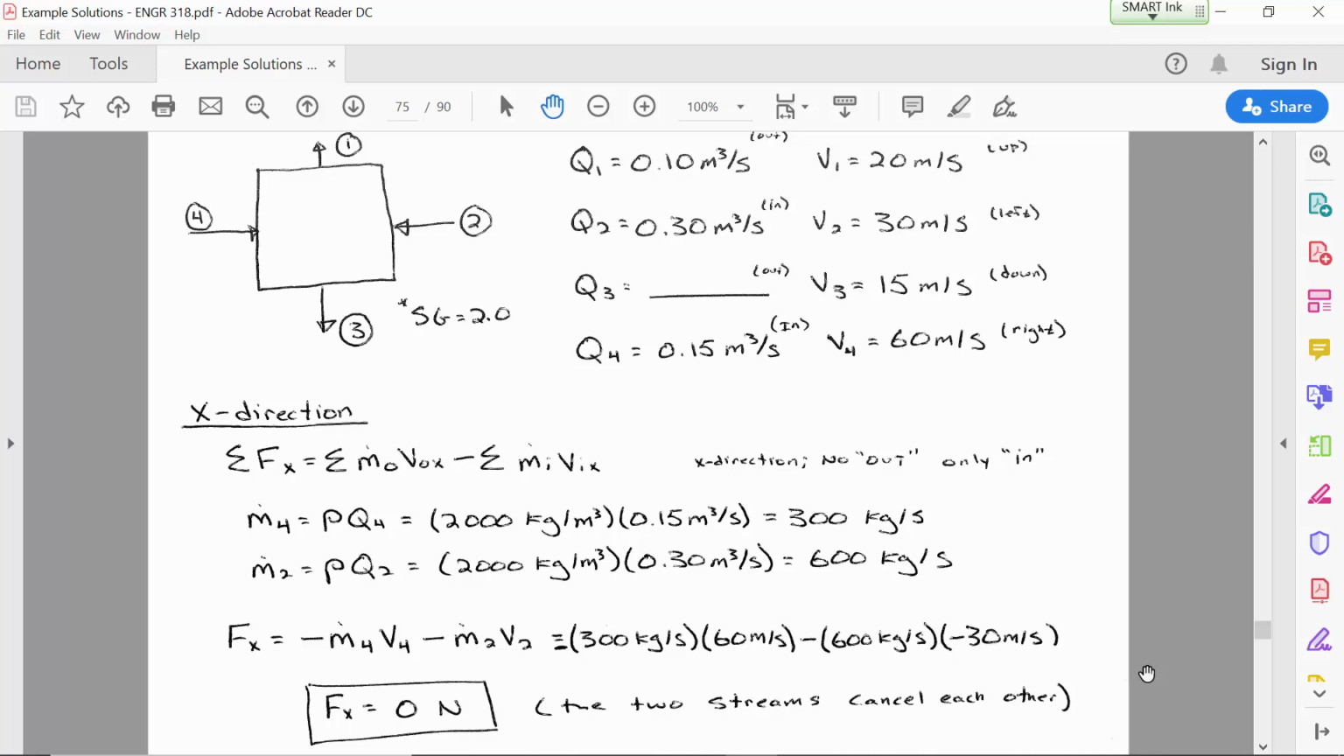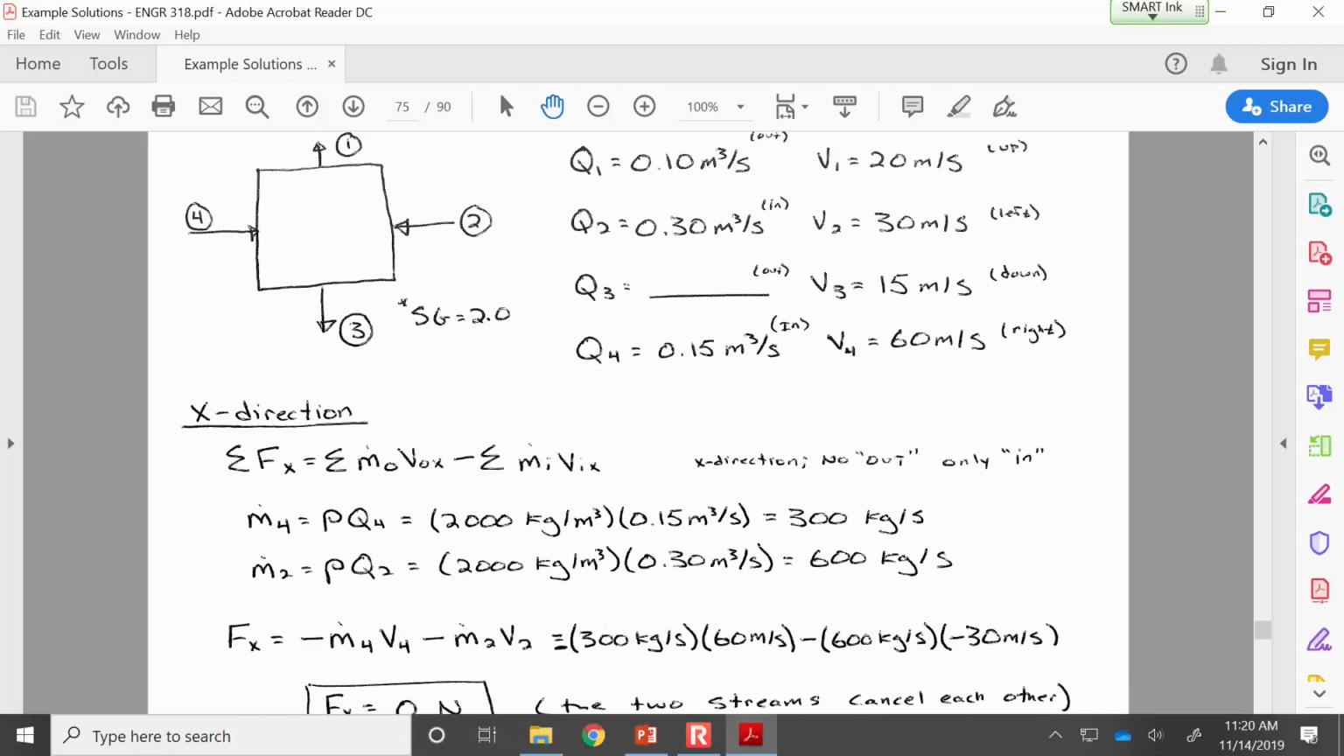Okay, we didn't have to apply the continuity equation in the x direction because the flow rates were defined directly, and we could calculate the mass flow rates just by knowing the unit weight, the specific gravity of 2.0. Any questions from the x direction? All right, now